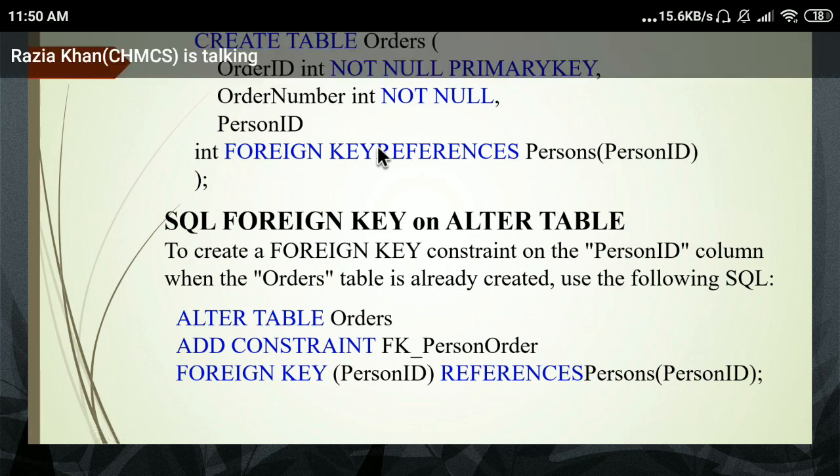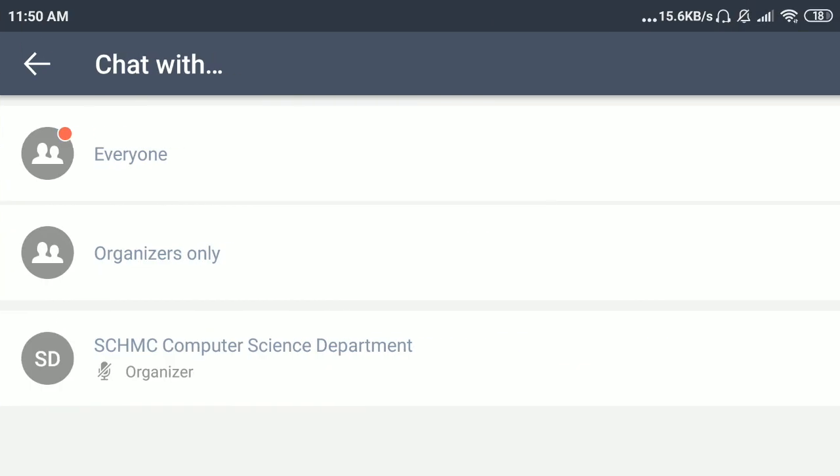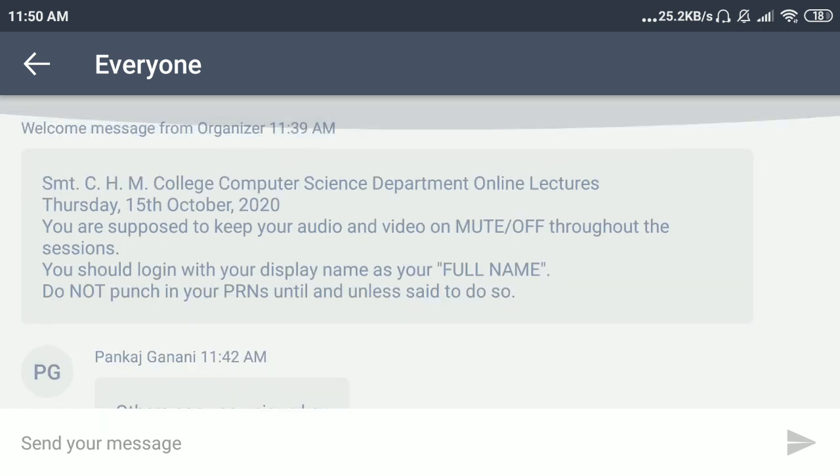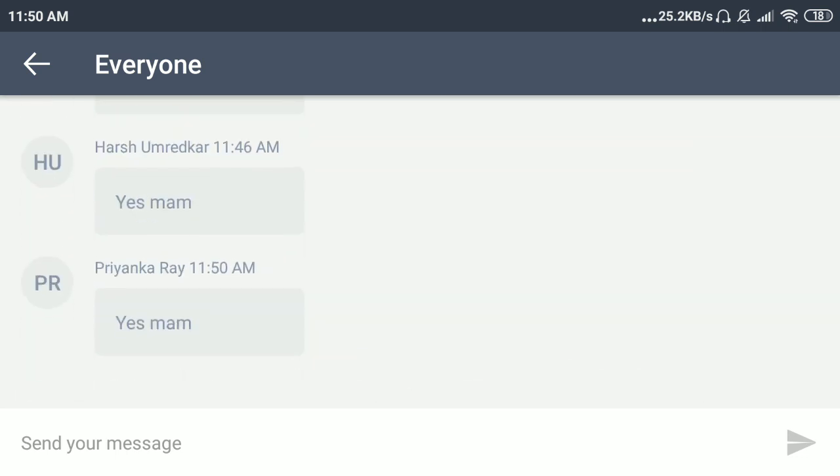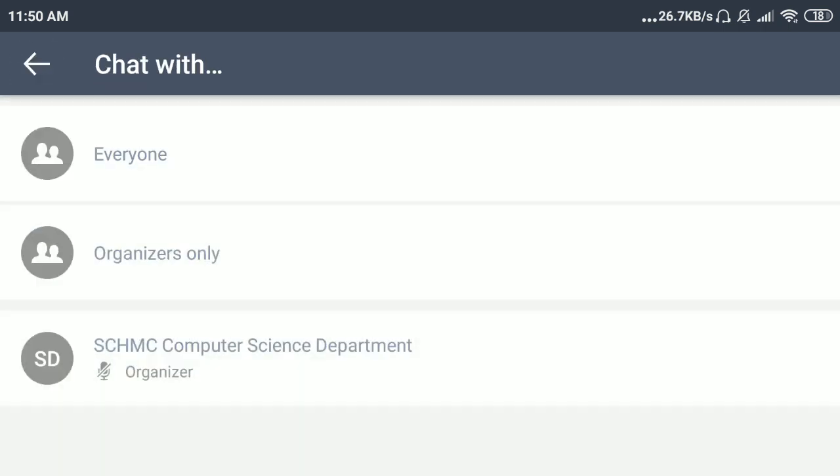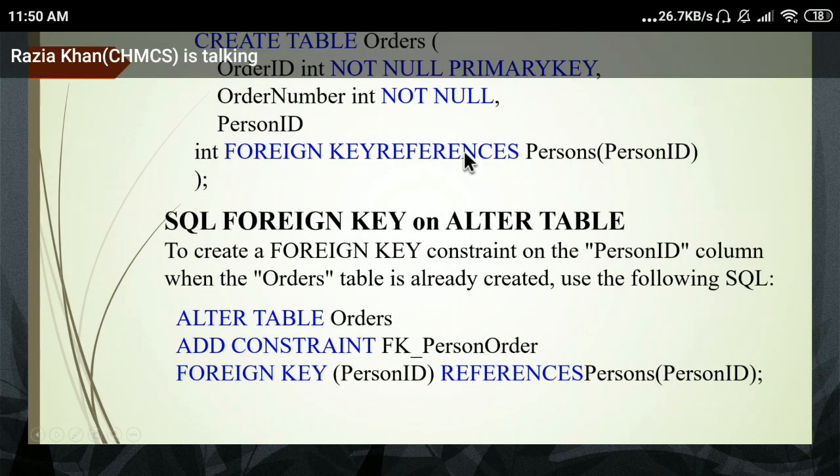Everyone clear or not? Yes. So foreign key references, and the table name which you want to link to this table, and in brackets write down the primary column of this particular table.